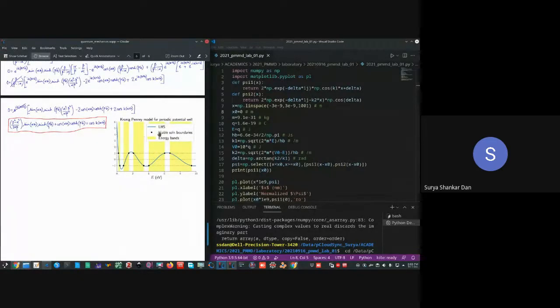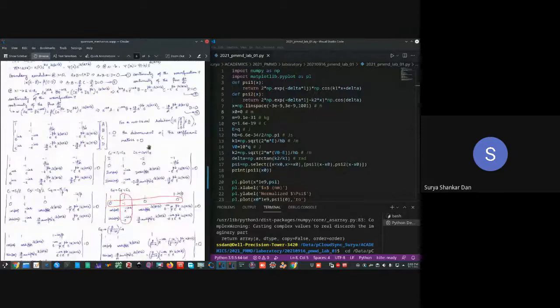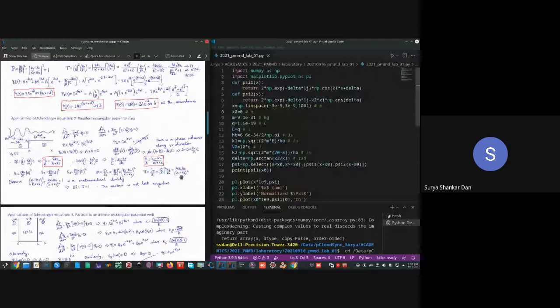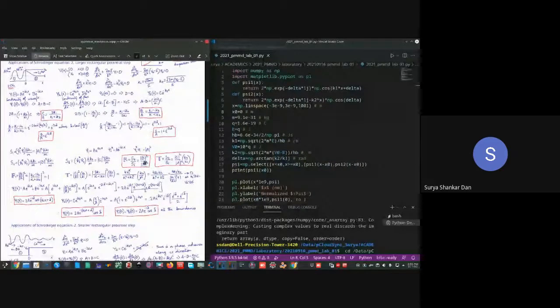Whatever you see over here, this figure and this figure, I could not dare to draw it by hand because it is a numerical method, so it is difficult for me to draw. That's why it is the solution of the laboratory problem which I'm going to share with you. We will see how to solve numerically later on. So this is an analytical approach. The first problem, let us see how I have solved it.